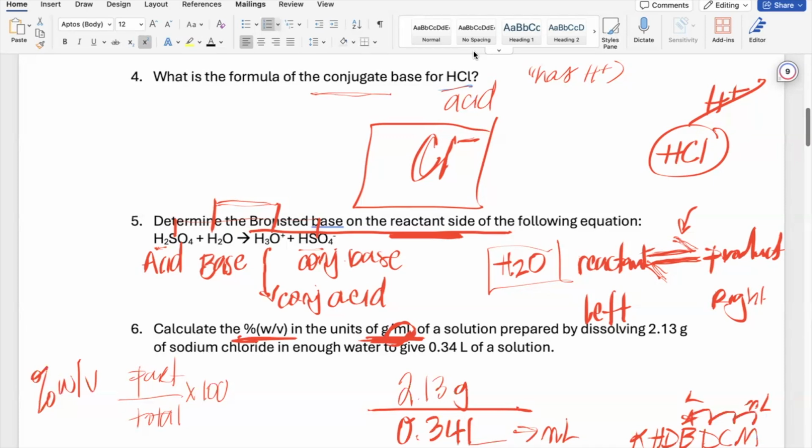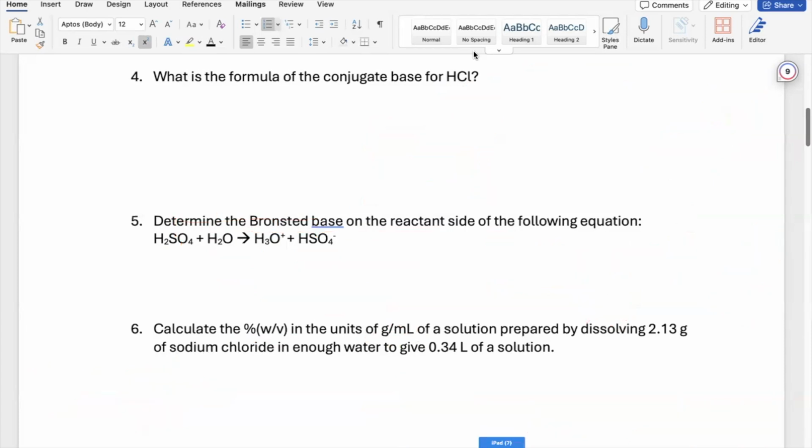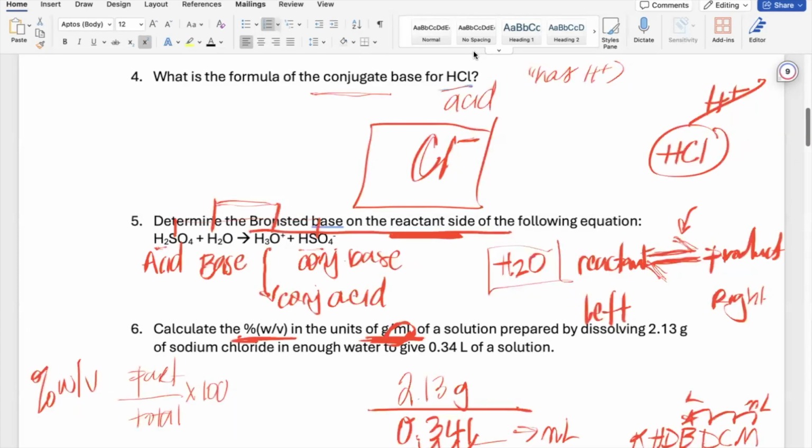So 1, 2, 3. This is kind of a mess, so I'm gonna erase it. Oh, not the whole screen. I didn't mean to do that. All right, so